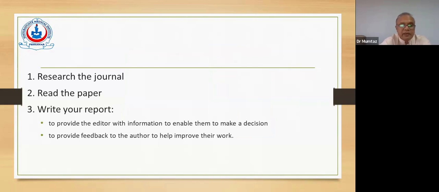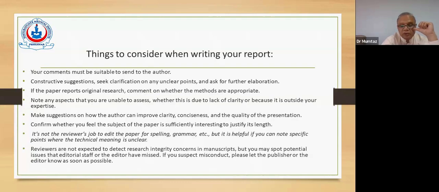भाई आप, जिस तरह मैंने एक पहले भी बताया था कि आप जर्नल को पहले देखें, जिस जर्नल का आप आर्टिकल रिव्यू कर रहे हैं उसके मुताबिक पढ़ें कि किस तरह का जर्नल है, स्कोप क्या है, ऑब्जेक्टिव्स क्या हैं, फॉर्मेट क्या है, इंस्ट्रक्शंस टू ऑथर्स क्या है। तो रिसर्च द जर्नल देखें, उसमें पूरा जर्नल का नो हाउ जरा देख लें। उसके बाद एक आध आर्टिकल उसमें पढ़ लें जो कि पहले से छप चुका है। एक अंदाजा लगा लें कि मिजाज कैसा है इस जर्नल का। उसके बाद जो आपको आर्टिकल दिया गया है उसको पढ़ लें, अपना रिपोर्ट लिख दें।